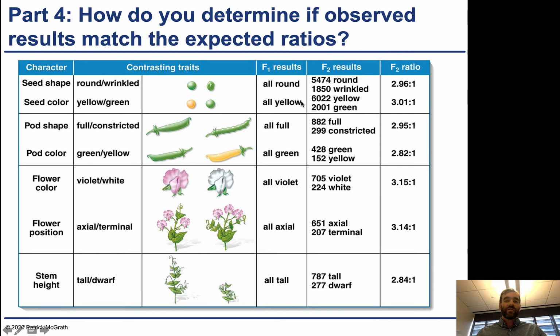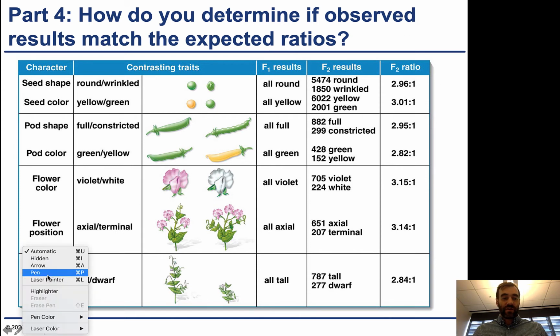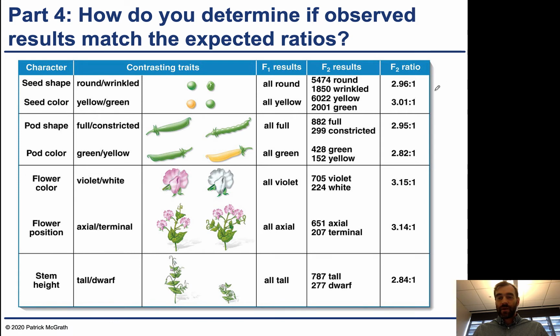And so, we covered this before, the results of Mendel, and we had both actual results that he received, and then we also had kind of expected results. So the ratio of all of these crosses we kind of asserted to be 3 to 1. But if we actually calculate the ratio, we find that they're not exactly the same. So 2.96 to 1, 3.01 to 1, and so on and so forth. And so the question is